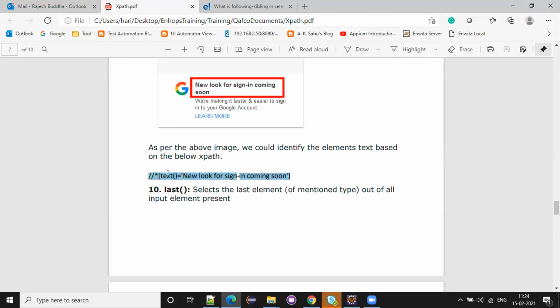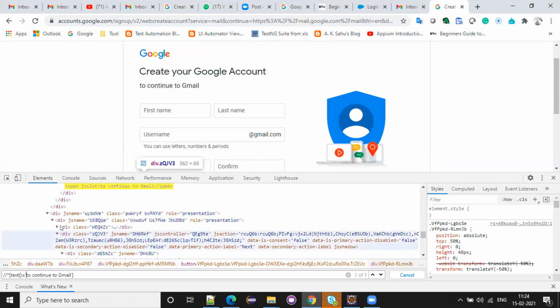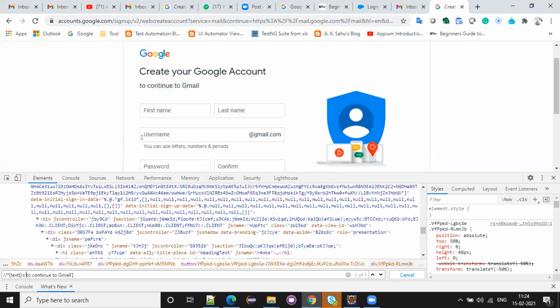You have to use the attribute is equal to text. Okay, then you have the quote missing. Sorry. You should put it in the single quote. Yeah, you have missed that. Right. So got it.